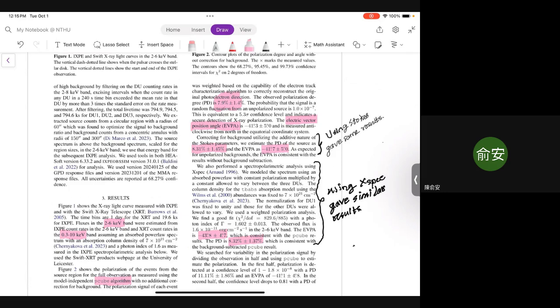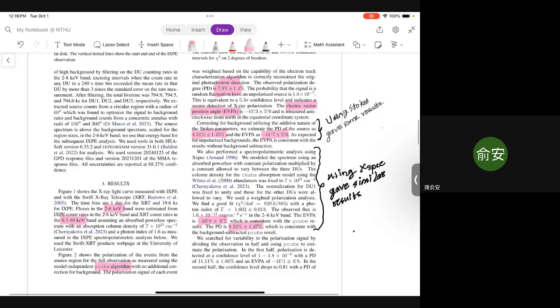So we are at the surface and it is tilted to the downward direction 41 degrees, something like that we can imagine. So then they used Stokes parameters to see the same result, and they got the same results. They also performed